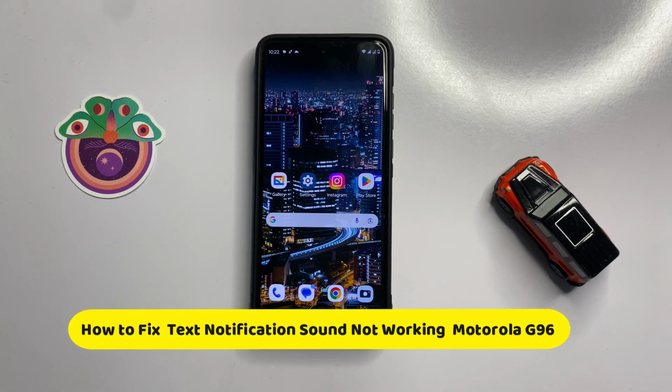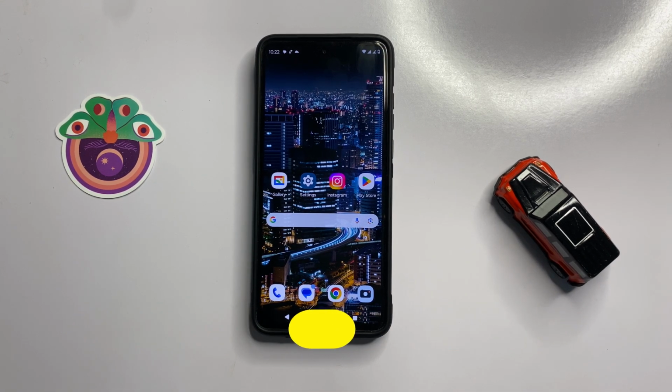How to fix text notification sound not working in Moto G96. So let's start the video. First of all,